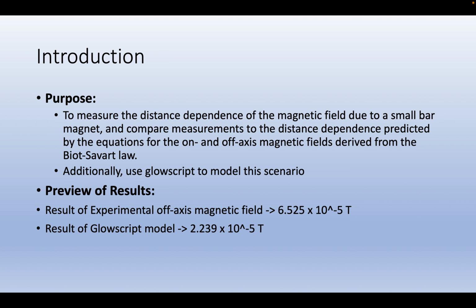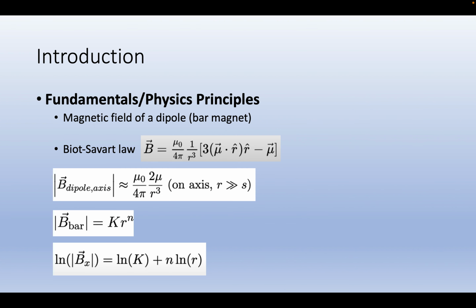A brief preview of the results includes that the result of the experimental off-axis magnetic field was 6.525 times 10 to the negative 5 teslas, and the result of the GlowScript model was calculated 2.239 times 10 to the negative 5 teslas. So a brief introduction of the fundamentals and physics principles we're going to be using includes that we're